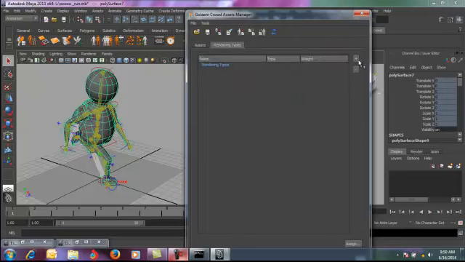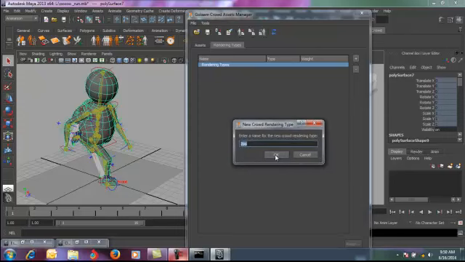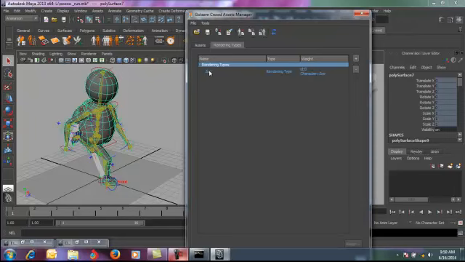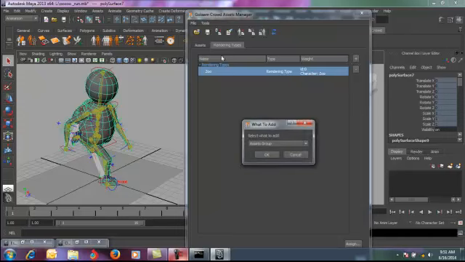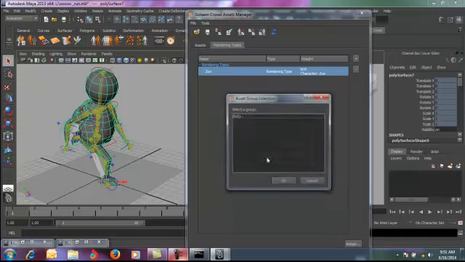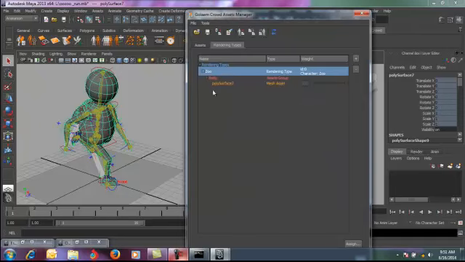Now come to rendering type, and I'm going to add a rendering type here. Again I'm going to select my character Zoo. Once I've done that, I'm adding a new crowd rendering type, an entity which is going to say that this is the mesh which is getting rendered. So I add here, and again I need to connect this rendering type to my body. So I'm going to click here. It's going to tell me assets group. This is my assets. Inside my assets group, I have got this group which I made, body. Select it, click on OK. Again my polysurface 7 is here, which is saying mesh asset.